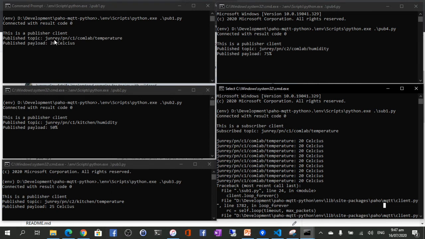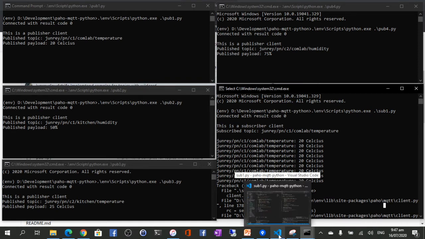So here we have Junri PNC1 Comlab temperature, and the other one we have Junri PNC2 kitchen temperature. So okay, C1 Comlab, C2 kitchen. So let's check if we can make it work.